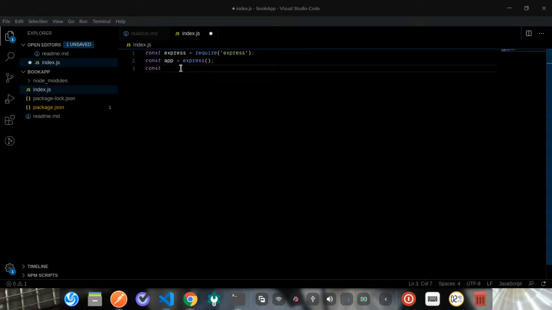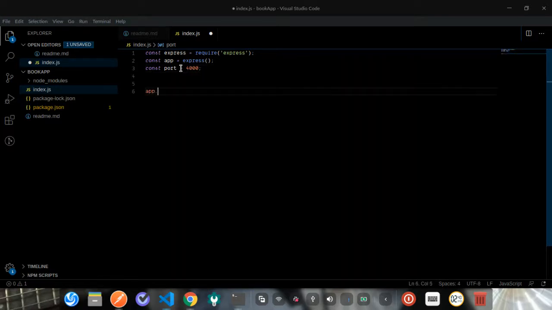Also, I'm going to set up a port. Let's use port 4000, and then I'm going to listen to that port, app.listen, port, and then a callback function,